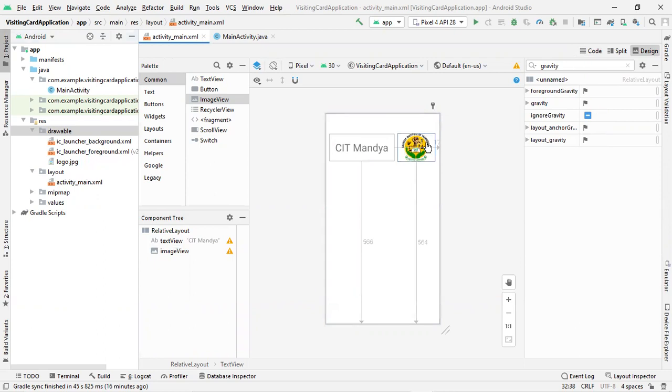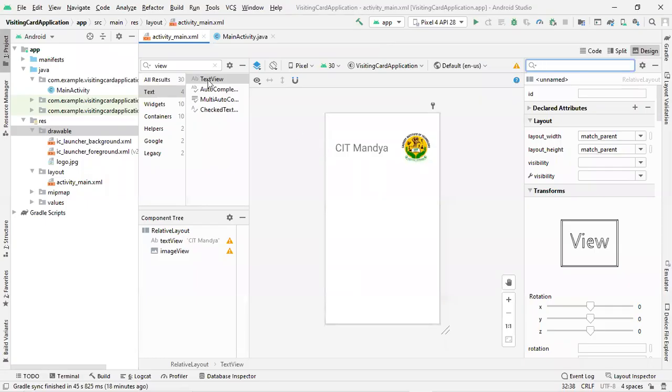Now what we are going to do is have a line here. This line will separate the company details from the employee details. So I should draw a line, but there is no such option in Android Studio to directly drag and drop a line from this particular component. For that, we are going to add a view component.